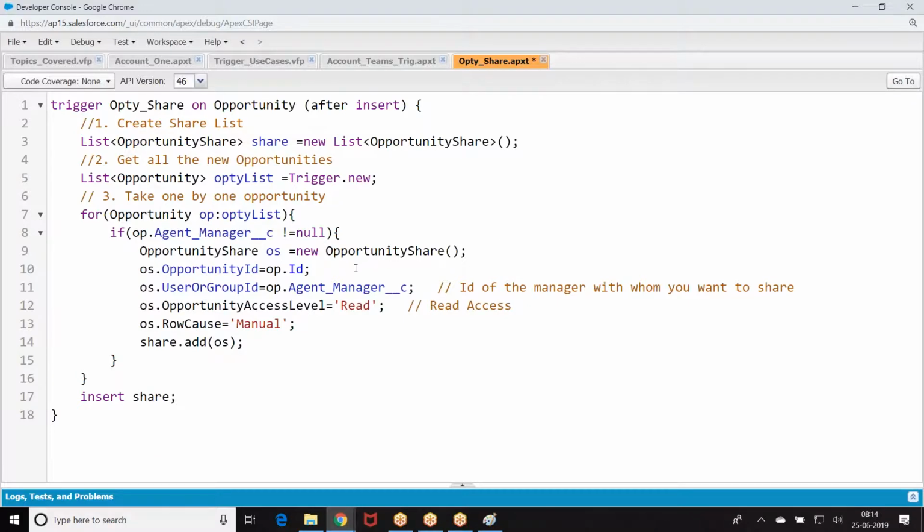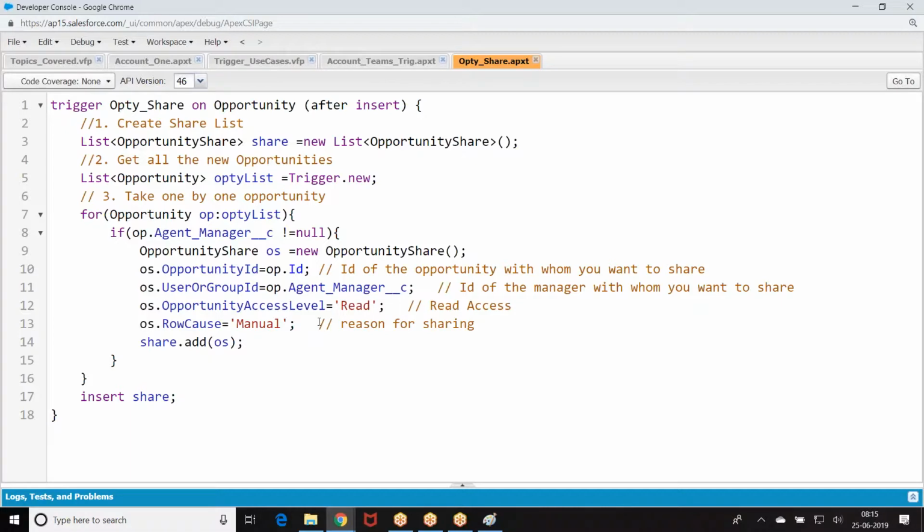So what have I done here? ID of the opportunity, ID of the manager, and user access, and the reason for share.